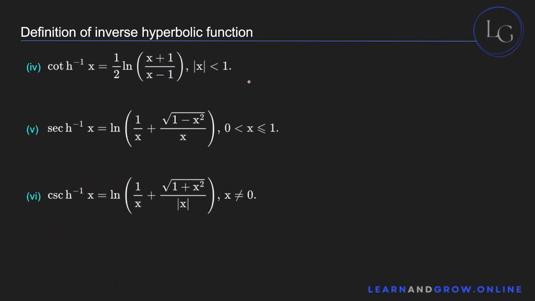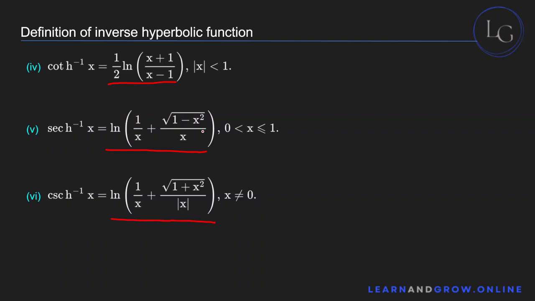And you have these 3 as well, which are basically the reciprocals of the previous ones. Cotangent hyperbolic inverse of x is, again, the reciprocal of the tangent hyperbolic inverse function. And again, you'll just have to memorize a lot of this stuff. Secant hyperbolic inverse of x is like this, and the cosecant hyperbolic inverse of x is like this. And these calculations are a bit too tricky, but